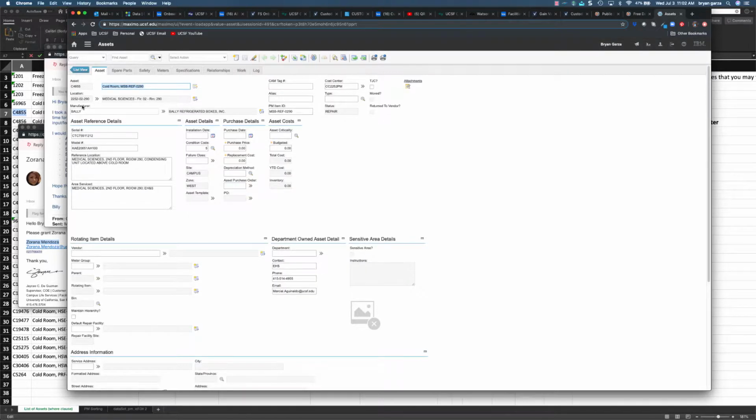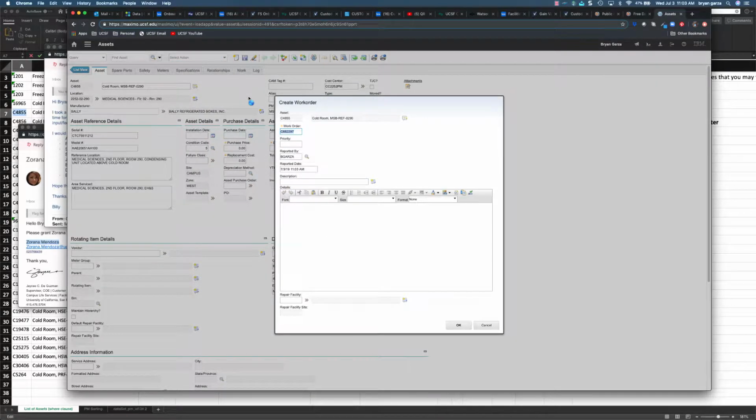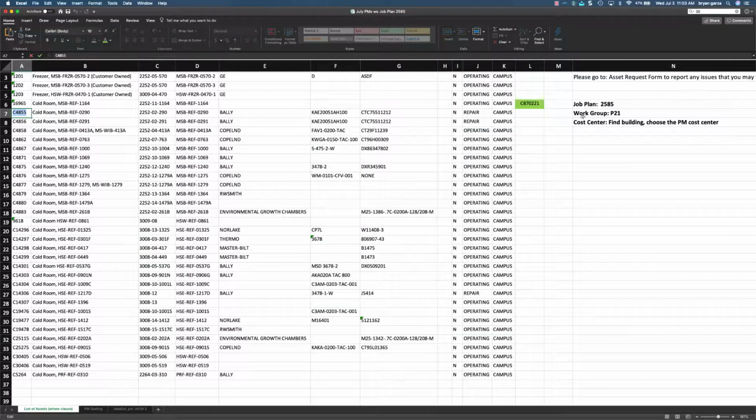And then from there, I'm going to go up to select action, and I'm going to create a work order. And what this is going to do is it's going to create a work order that associates the information from this asset in there. And so we're going to create a work order, and this is where we put in our description. So I'm going to go back to here, and I'm going to say,